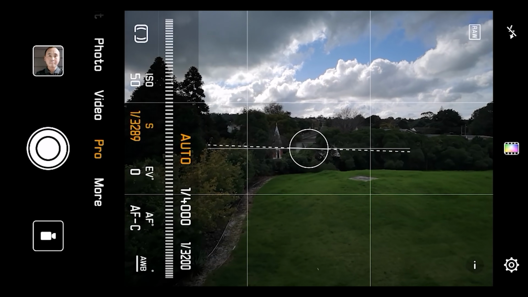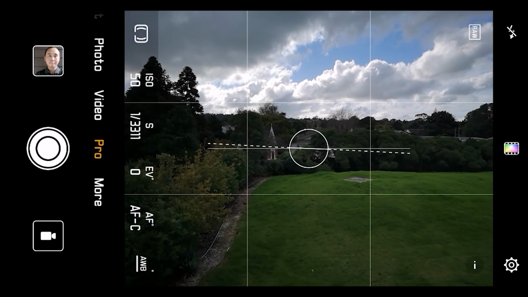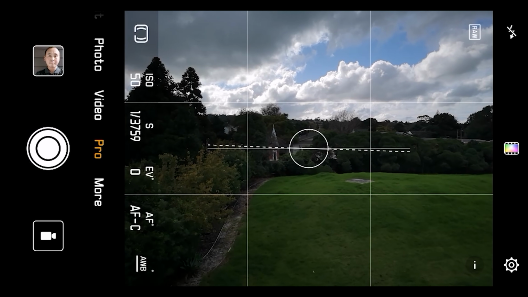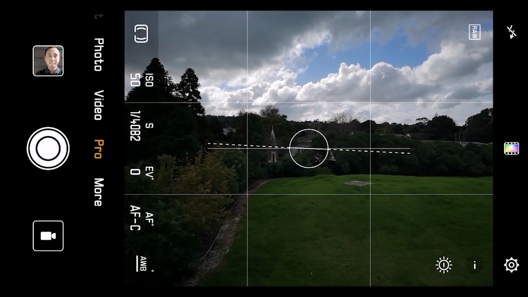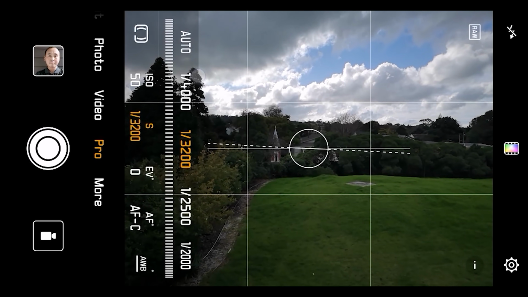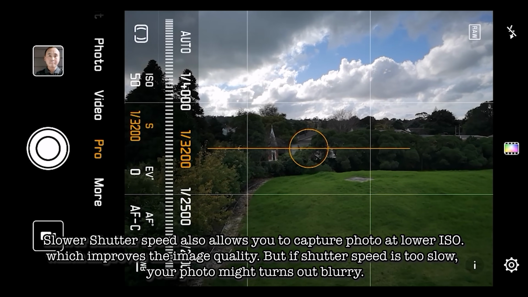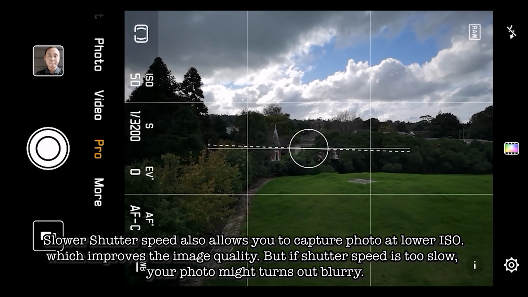So normally you can also just leave it on auto, because for most normal photos, auto is fine. But when you are capturing something that moves, then you would want to adjust the shutter speed yourself, because if the shutter speed is slow, then you will capture some motion blur in your photo, which may be exactly what you want, but it may not be.